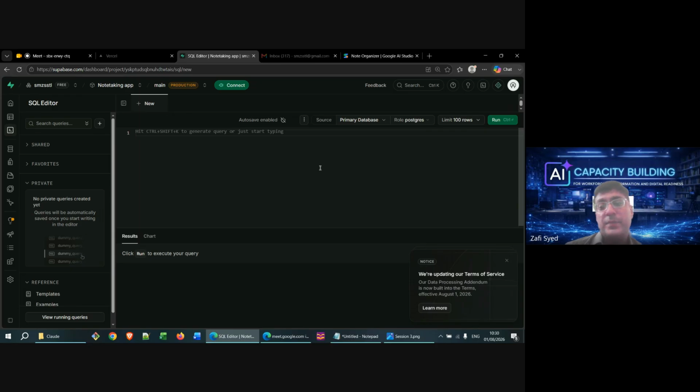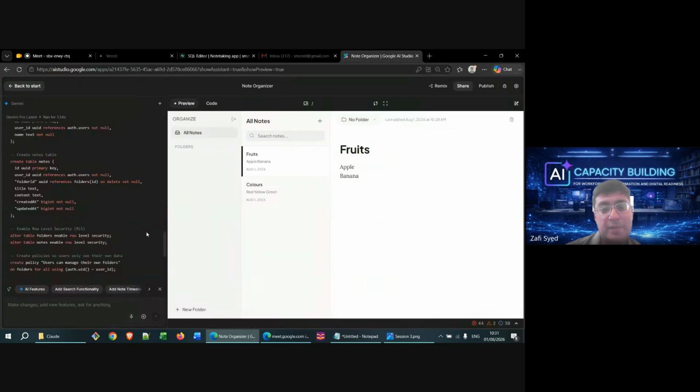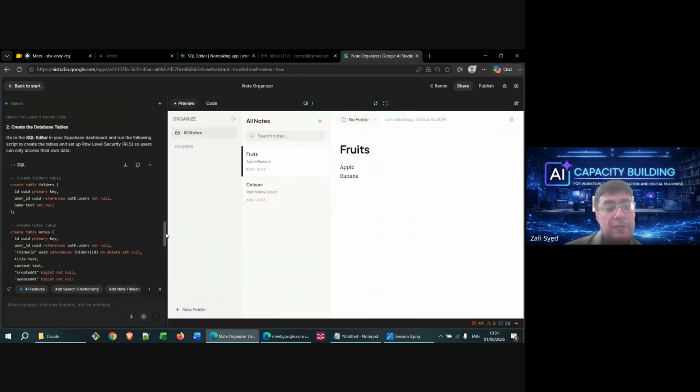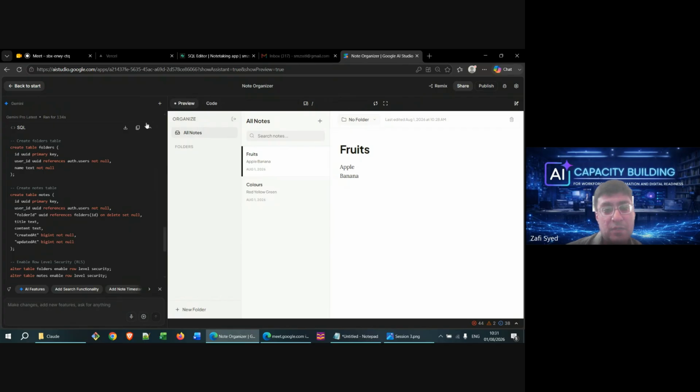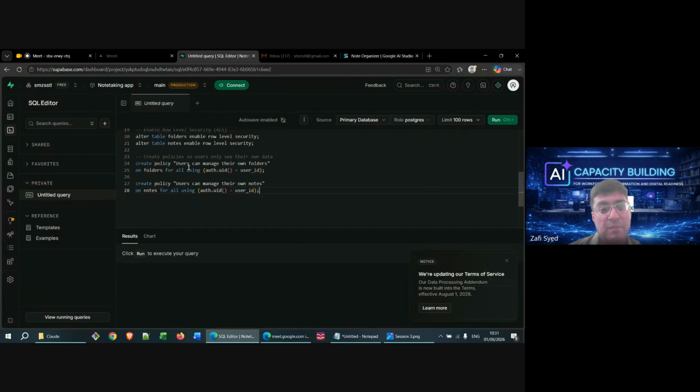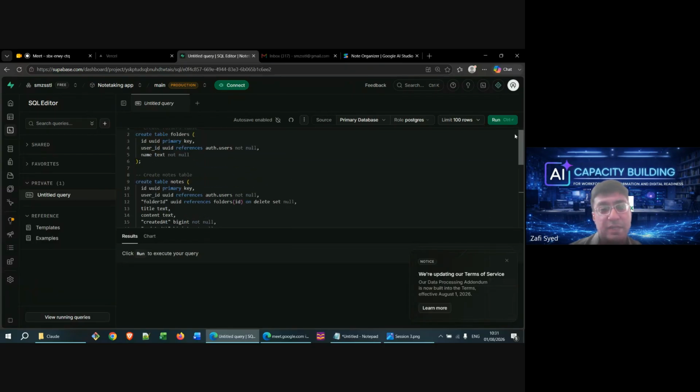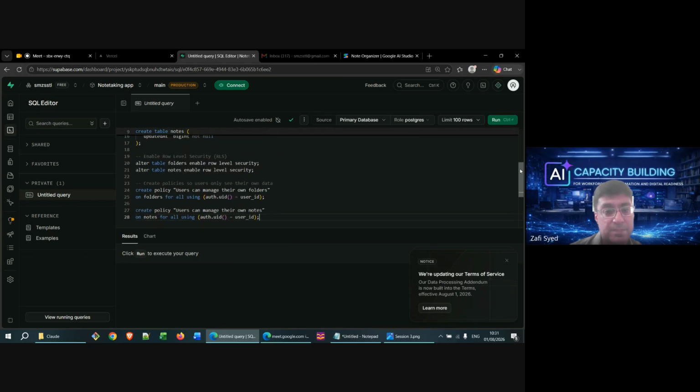So this is the second part where we're ensuring that only verified users can access data of your web application. Actually, this part is also incredibly important. If you are good at SQL, then go ahead, copy this, and maybe just sanity check it. Just read everything and see if it makes sense.